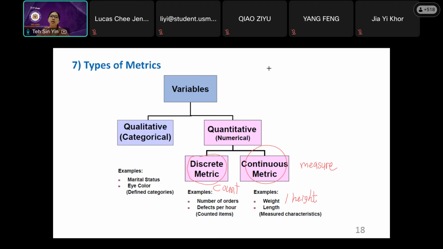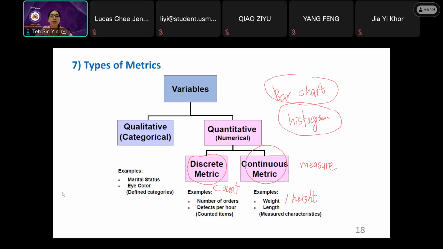For example, if you do visualization, using Power BI or Tableau, you want to plot a chart. If you want to plot a bar chart, you need to use qualitative data. If you want to plot a histogram, you must use a quantitative variable. So if you are a business analyst and you don't know qualitative and quantitative, you will not be able to choose the correct data visualization method. Hence, it is important to know the type of variable.